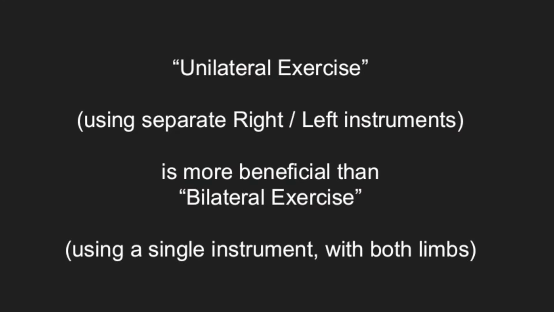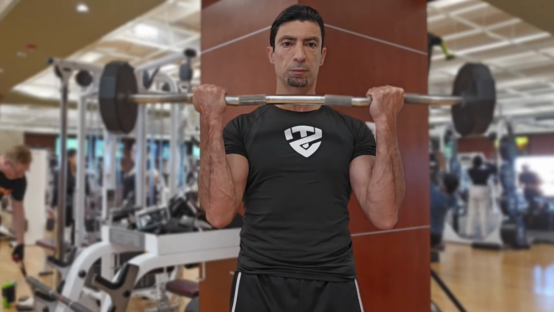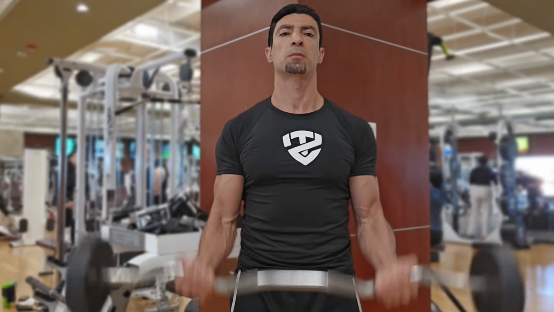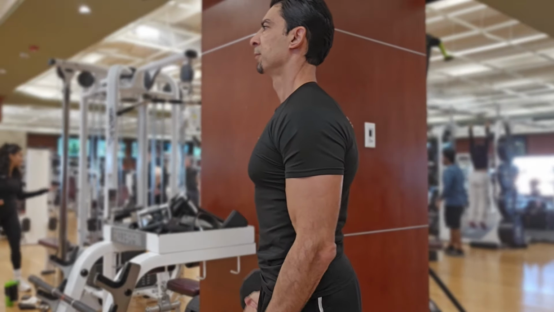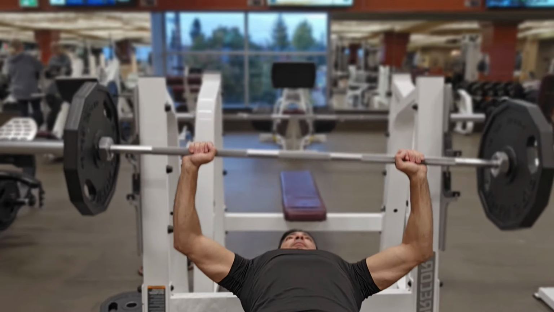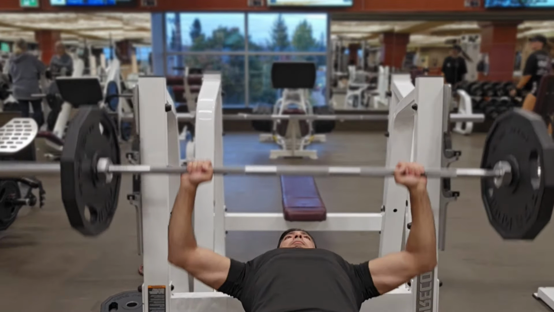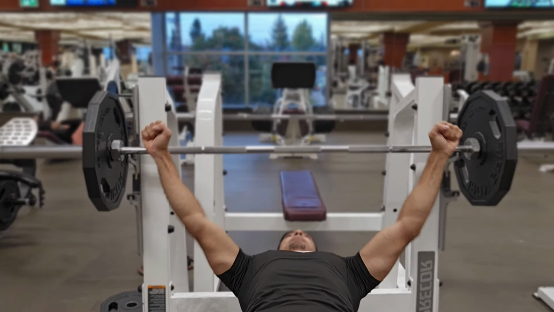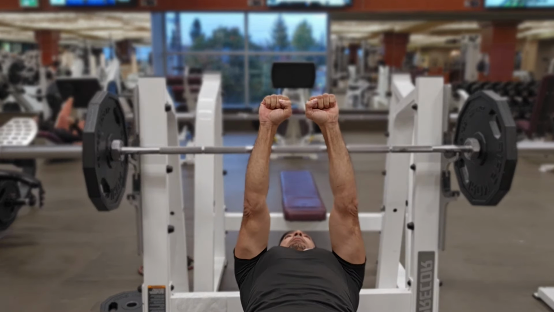There's a significant difference between using a barbell versus using dumbbells in terms of muscle loading. Independent loading is far more advantageous than using a single instrument. Independent limb loading produces greater coordination demand as compared with using a barbell or single instrument for both right side, left side limbs, and also requires distinctly different exercise mechanics. For example, a flat bench barbell press prohibits you from being able to pull the hands and arms medially toward the midline of the body.